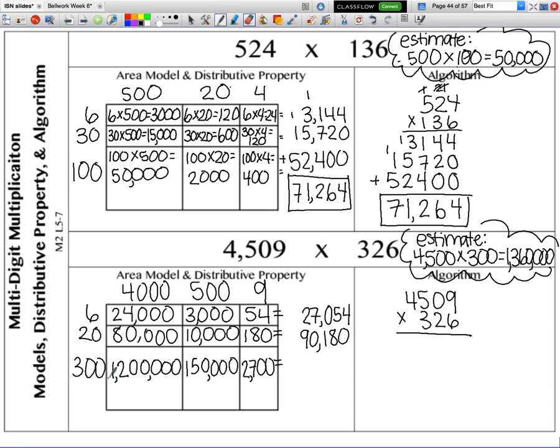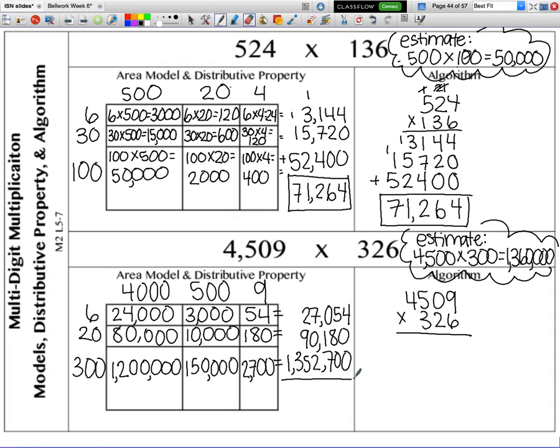And then last I have 1,200,000 plus 150,000, which brings me to 1,350,000, plus 2,700, which brings me to 1,352,700. Again, if you need to write that out and add it up for your own sanity,